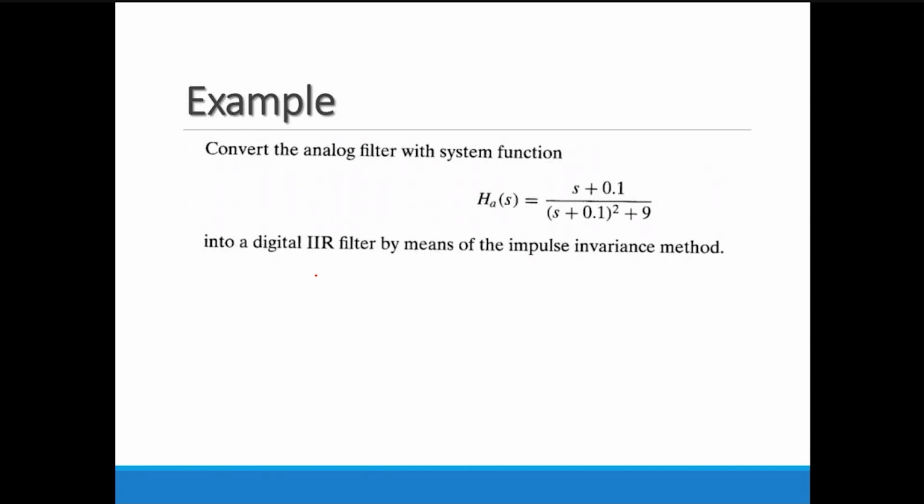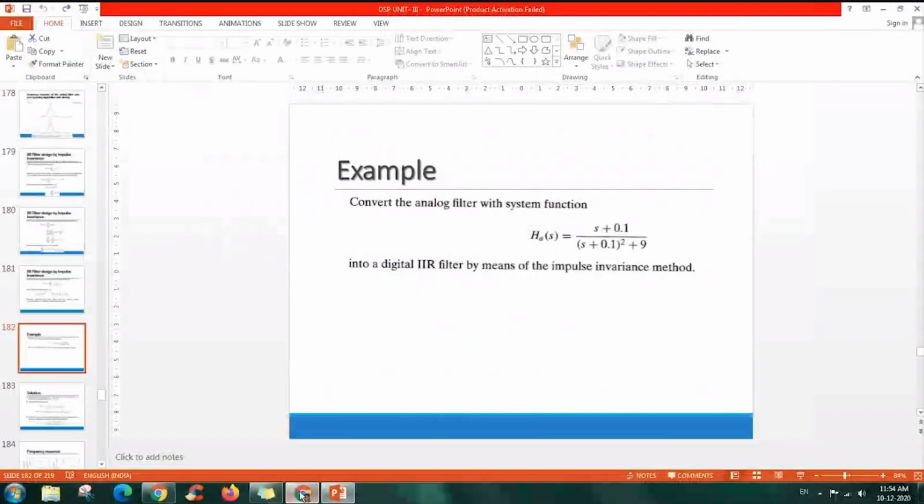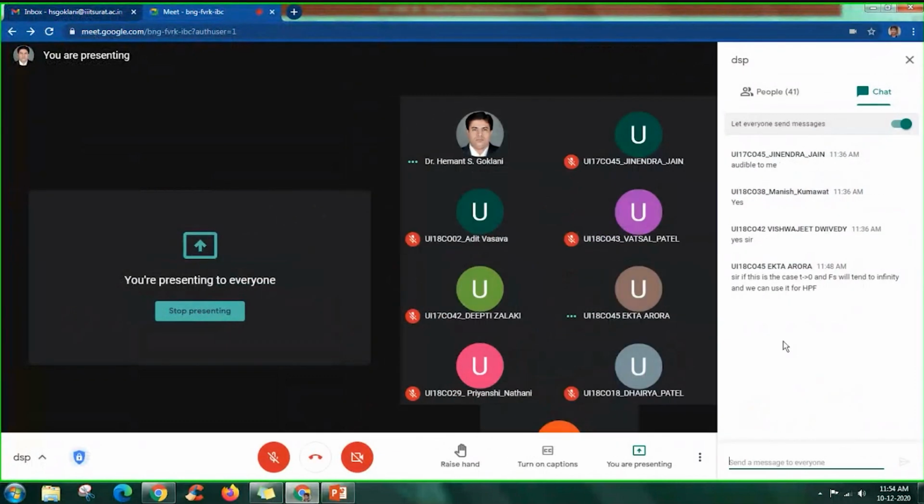Rahul Meena, please unmute. Yes, sir. What was the issue? You left the meeting again and again. Sir, I am having a network problem again. Please try to sit in a proper location so you get a proper network. Yes, sir. Otherwise, every time I have to quit my PPTs and allow you to join the meeting. Sorry, sir.